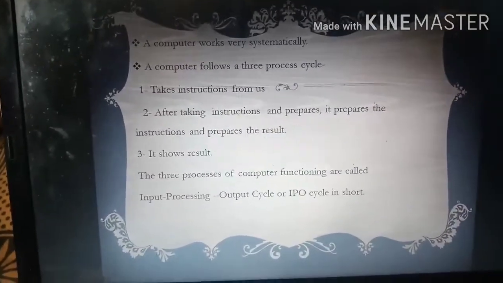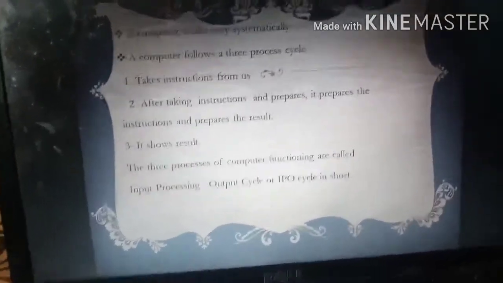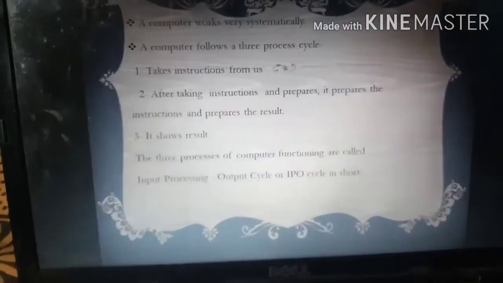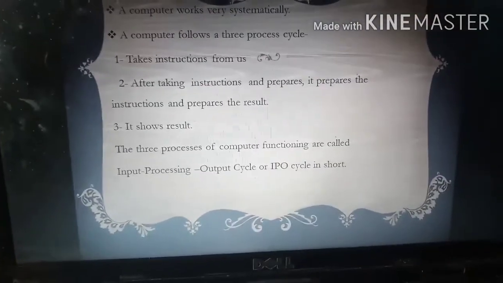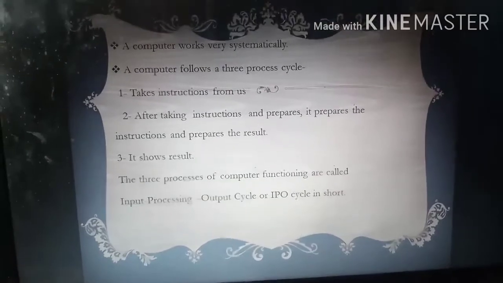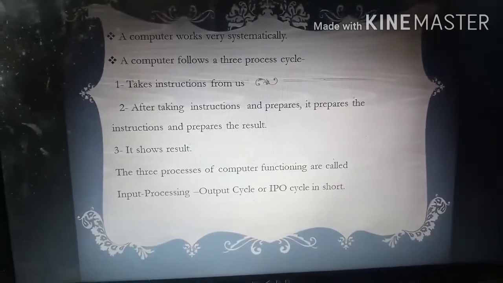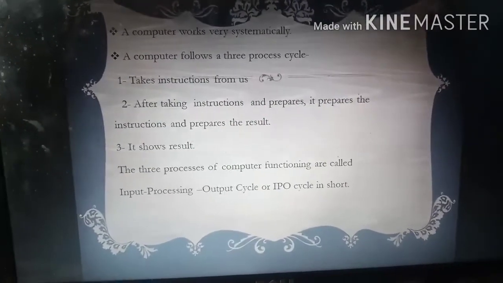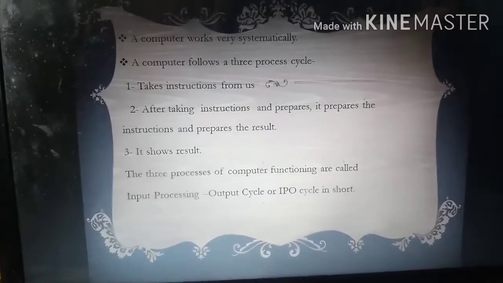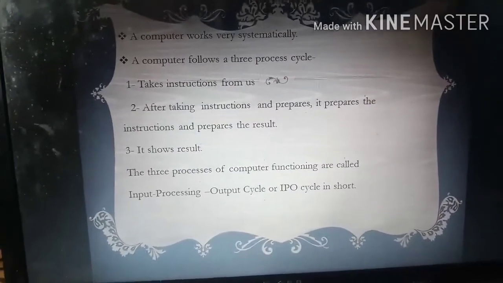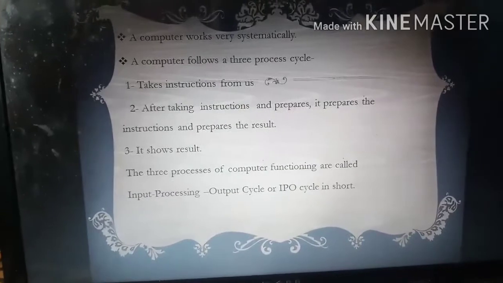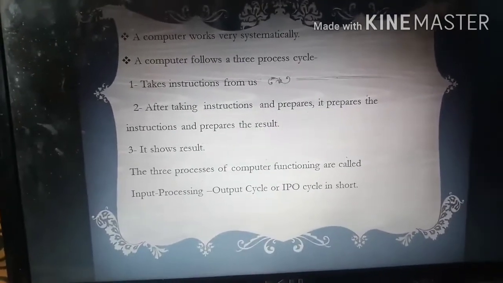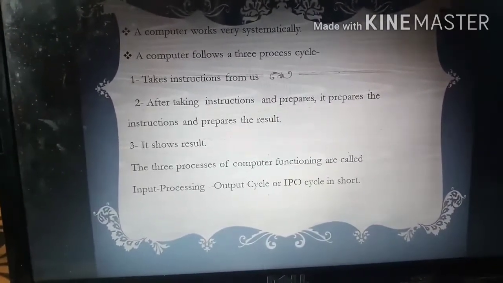So the total functions of the computer are divided into three steps, or we can say the computer follows a three-process cycle. In this, it first takes instructions from us, meaning from the user. How does it take instructions from the user?